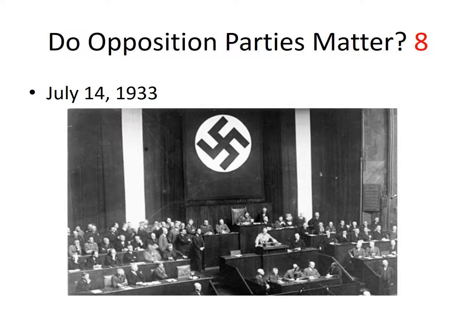And so one of the better known examples of a single party system that did not allow for opposition would be the National Socialist Party of Germany, known as the Nazi Party. You can see there on July 14th, 1933, that party outlawed all other political parties in Germany. So to be a member of a different political party at that time would have been violating the law. So again, we see that question of the need to have opposition political parties.